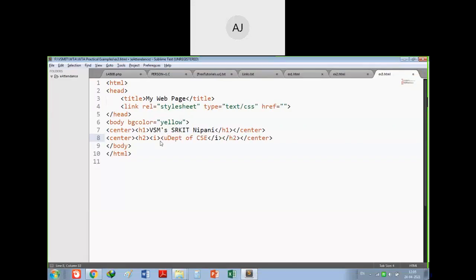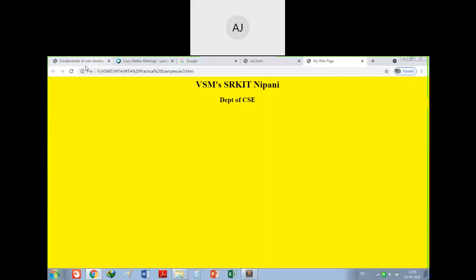You can make it underline by using the u tag, and you close this u underline. If you type forward slash, it will close automatically, no need to add that explicitly. See, Department of CSE has become italic and underlined, and it is already bold.